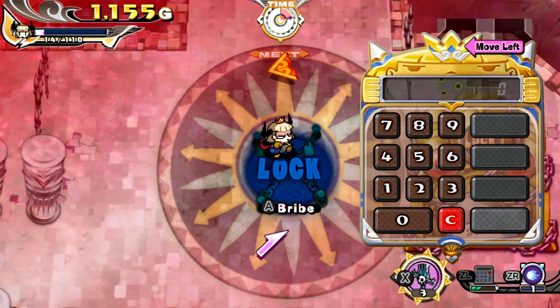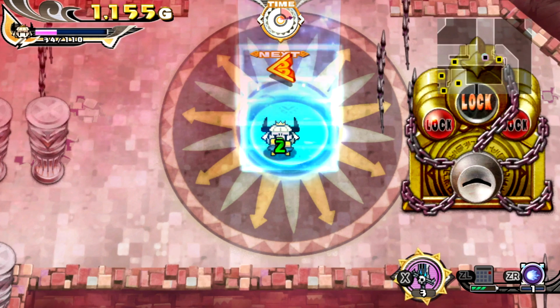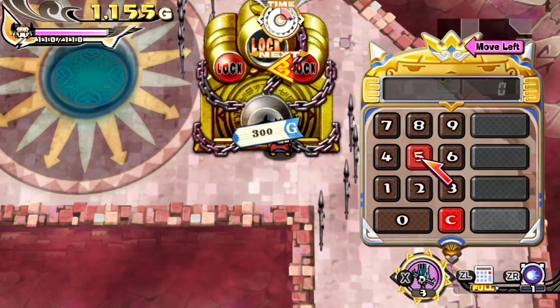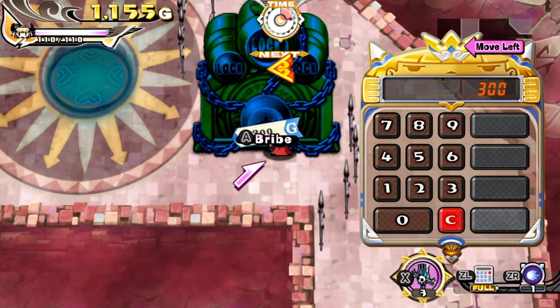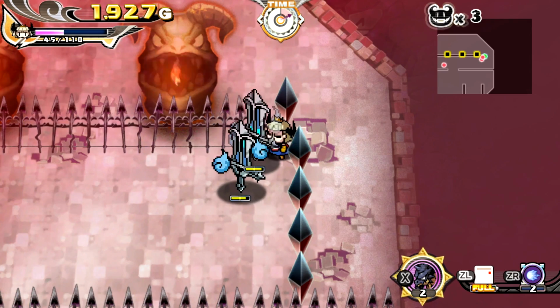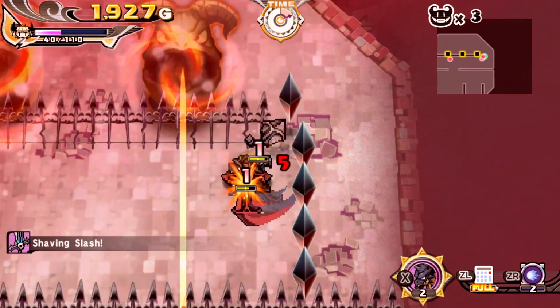The princess is always equipped with her handy calculator that plays a large role in the combat. Throughout the game, you'll collect money from chests that you'll find in the environment and enemies that you defeat. Using the money you collected, you can actually use the calculator to bribe enemies to join you and fight against their own kind. If you see a large dragon in front of you that you'd rather pay off than have to fight, you can pull up your calculator with the ZL button, enter the amount needed for the dragon, and